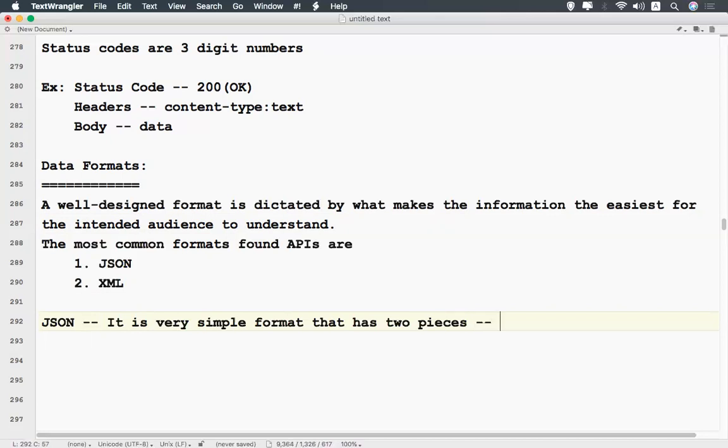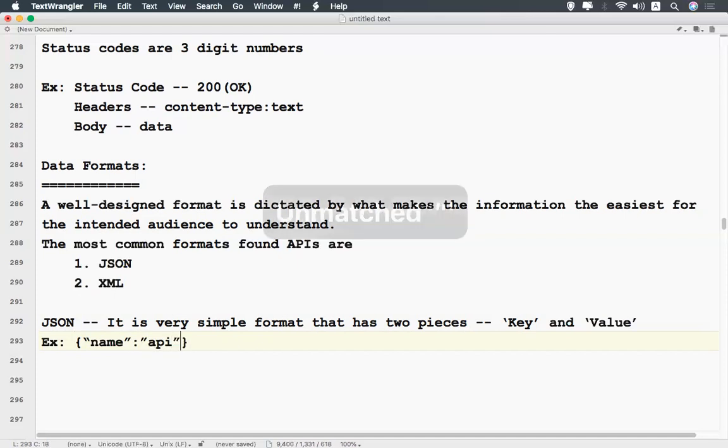What are the two pieces? Key and value. Okay, it contains key and value. The representation will be something like, if you take one example, name colon, I'll say API, something like that.